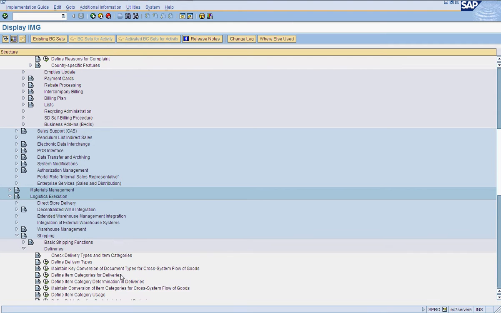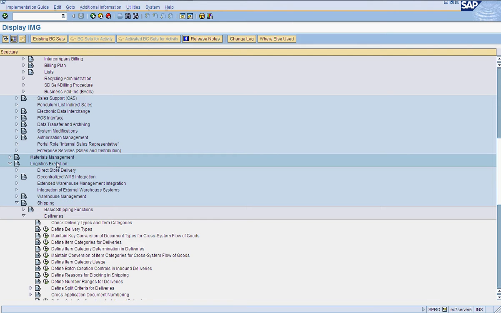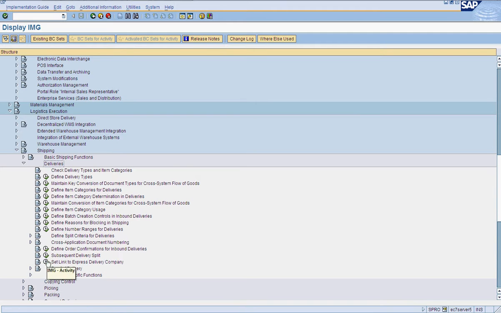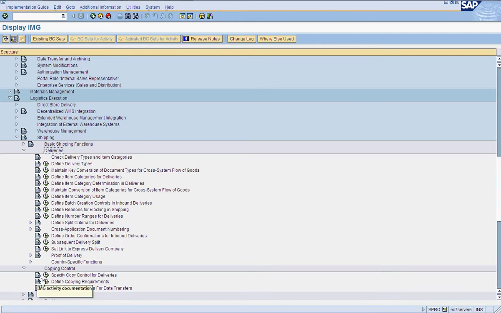In delivery copy control, you have to go to logistics execution, shipping, deliveries, copy control, specify copy control for deliveries.